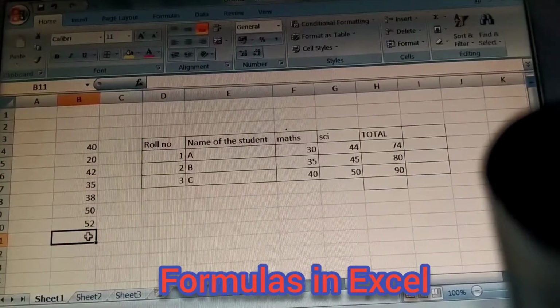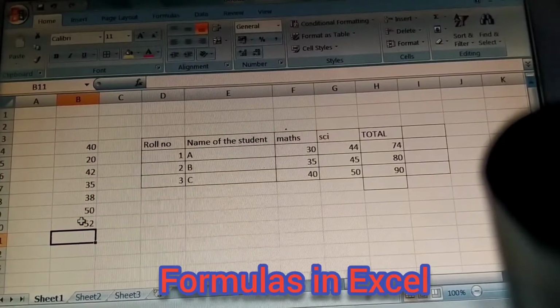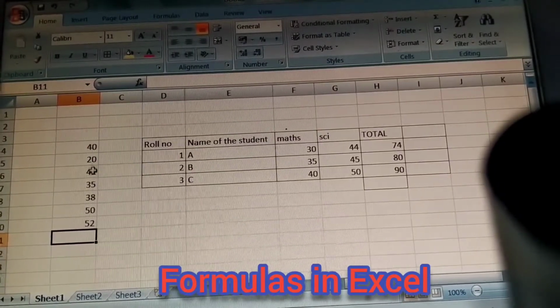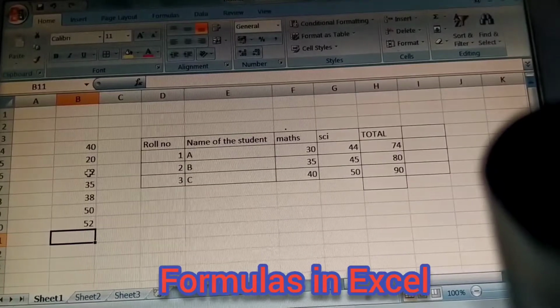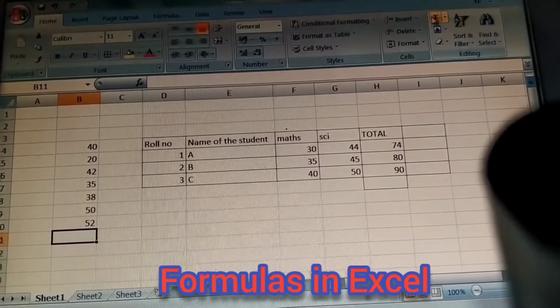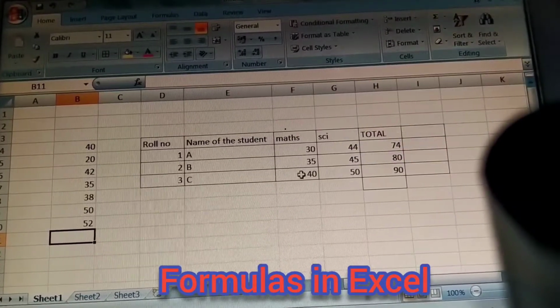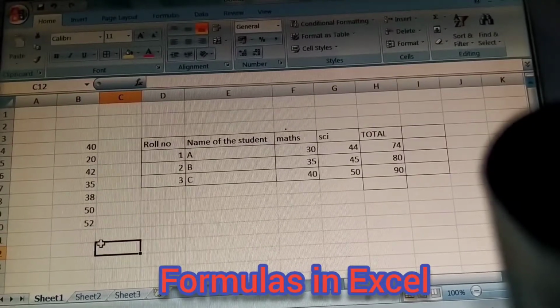So how do we do it? Equal to, then 40 plus 20 plus 42, this way also we can do. Again through some options here we can also do it. But what is a function, what is a range, that I want to tell.